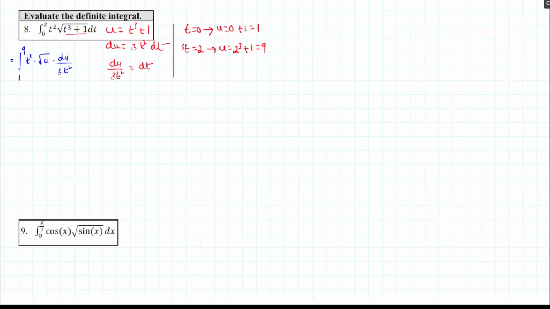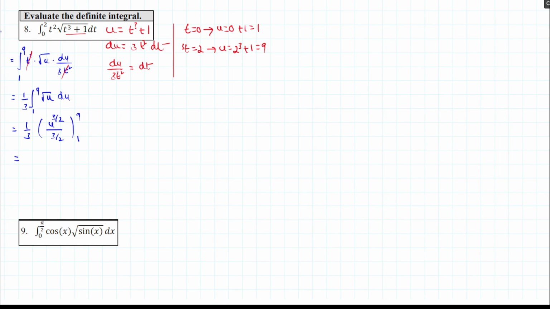Now you can see t square and t square get cancelled, so this becomes 1/3 integral from 1 to 9 of root u du. Now you can find the integral. This can be written with a rational exponent, that is u power 1 half, and the integration of u power 1 half is u power 3 half. Okay, that is, the integration is u power 3 half over 3 half, and the limits are 1 to 9,